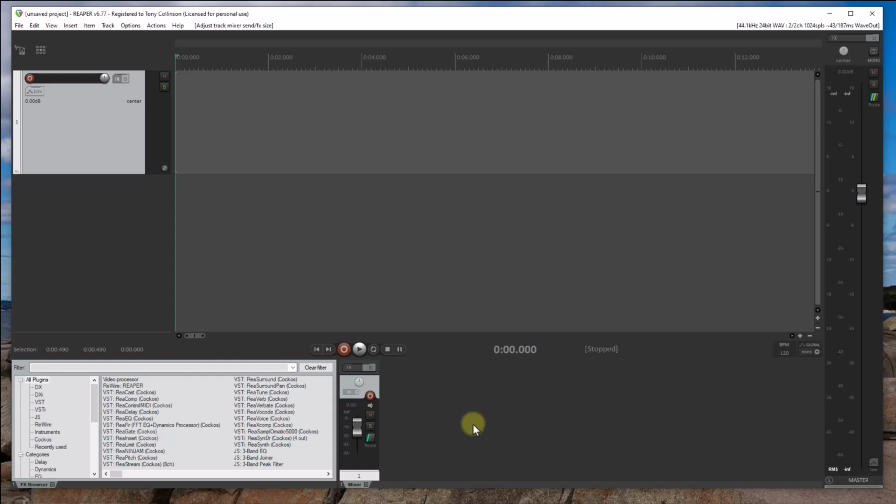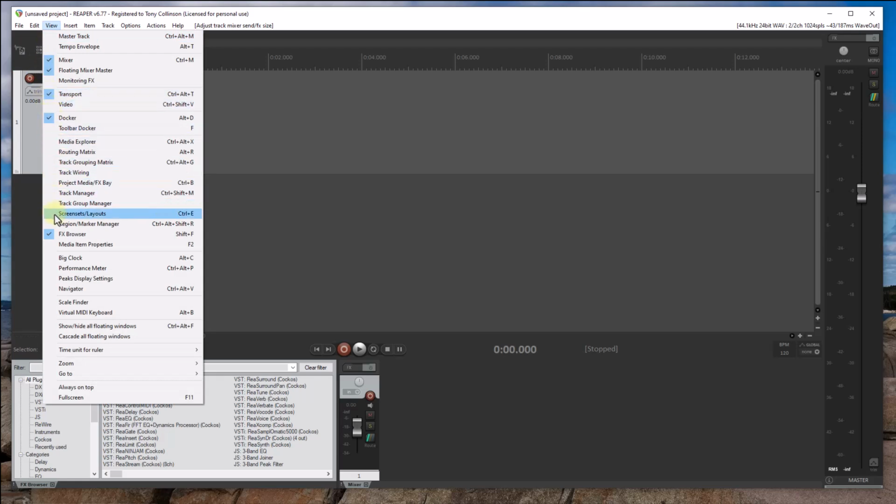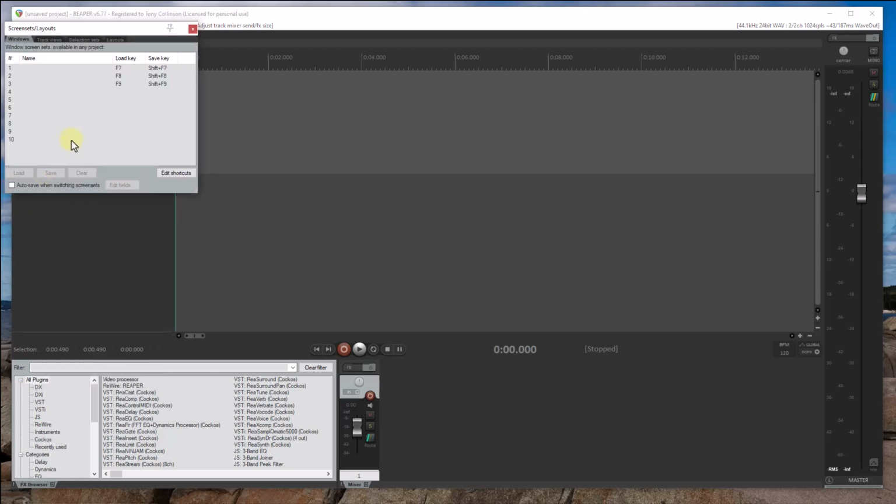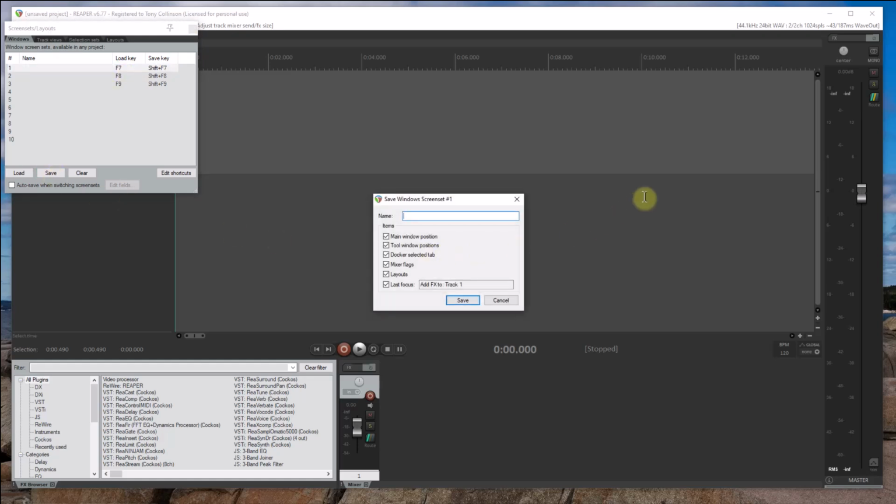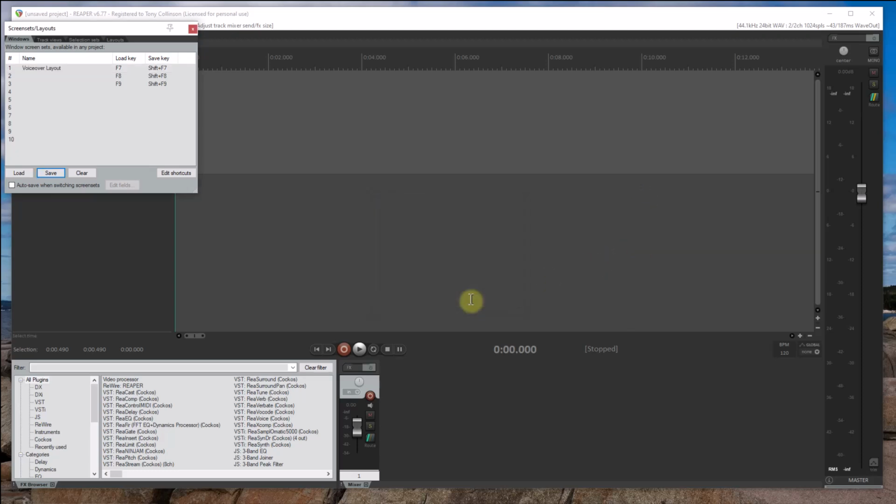So now what we need to do is to save this layout, and we do that by going to View, Screenshots, Layouts, and here we can add the name of our screen layout. So let's save it on this point here, number 1. I'll come back to this F7 in a minute. Save it. We can call it Voiceover Layout, and save. Now I can close this down